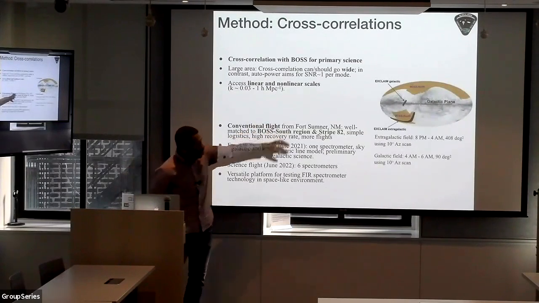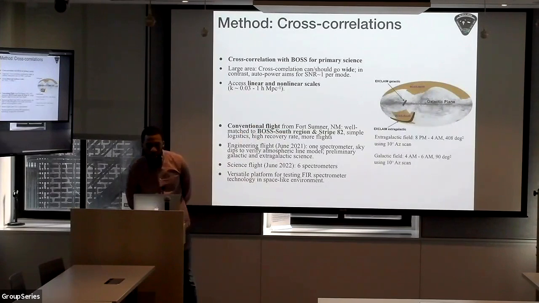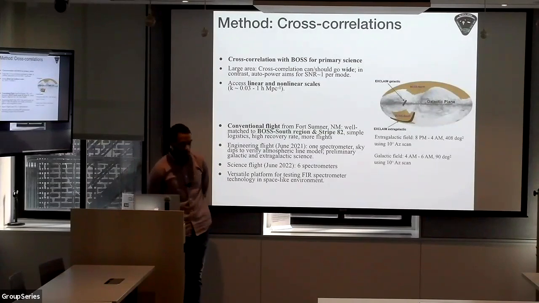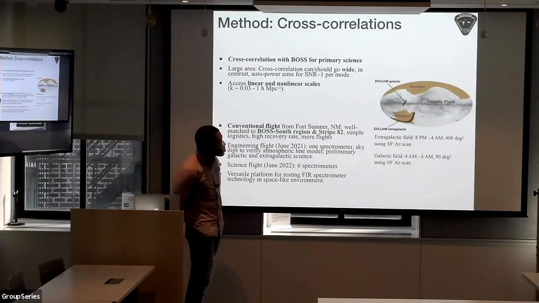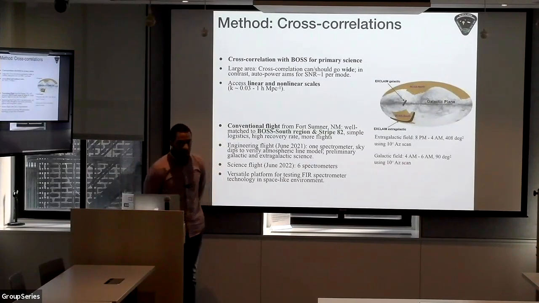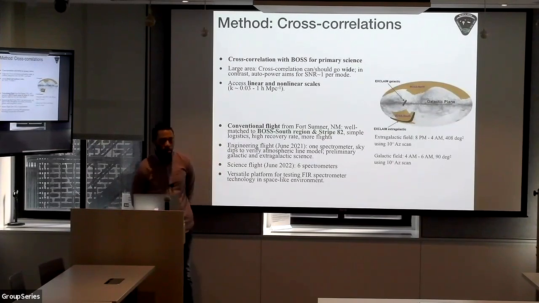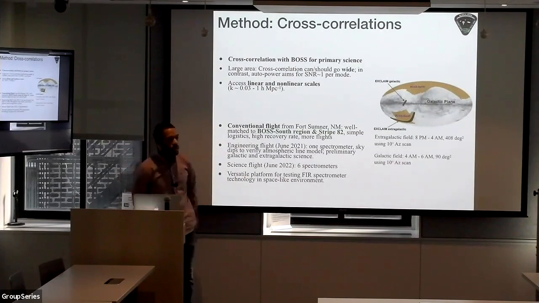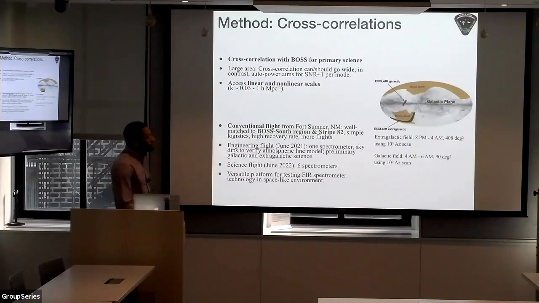Anyways, the plan is to survey Stripe 82. Stripe 82 has been used in many surveys. BOSS has been used for many cross correlations with their various surveys, so it's very advantageous for our purposes. In particular, CoMap is also going to map this region, as well as HETDEX, which is a Lyman alpha emitter survey, and of course there are going to be many opportunities in the future. We felt that was advantageous since we're going to map the southern region. Okay, and then there's the list of flights that we're going to do.